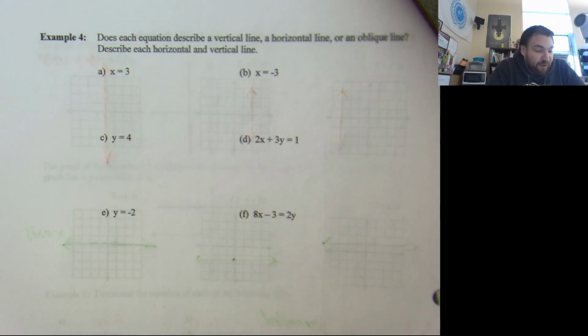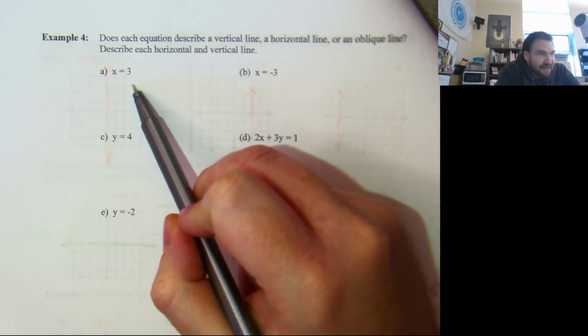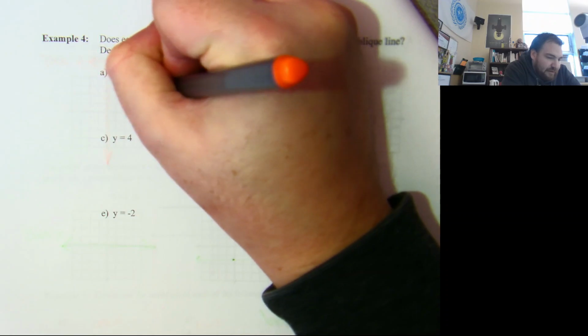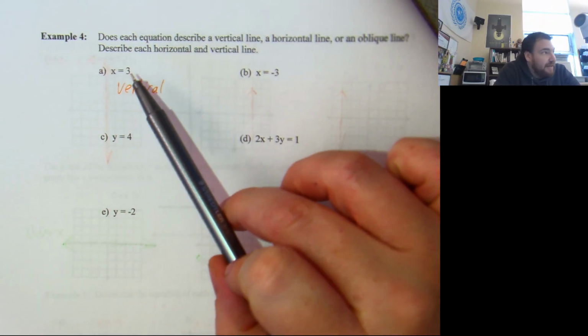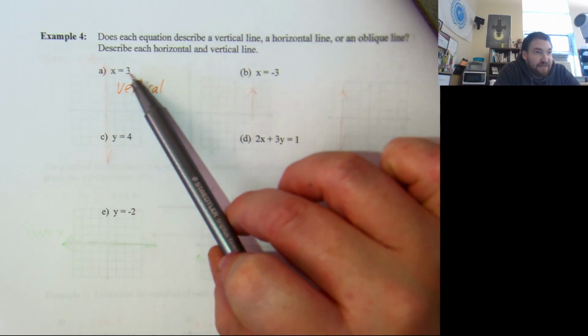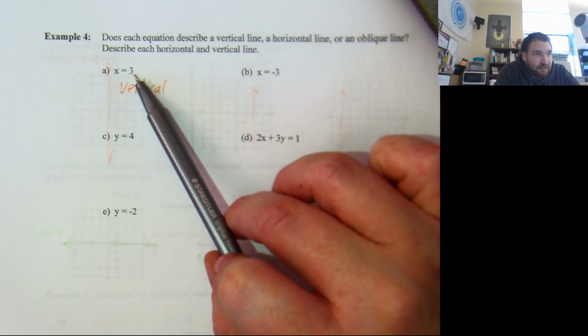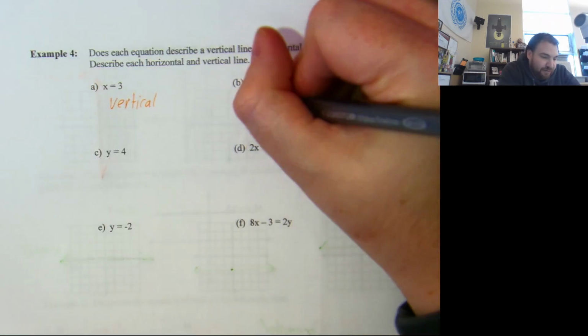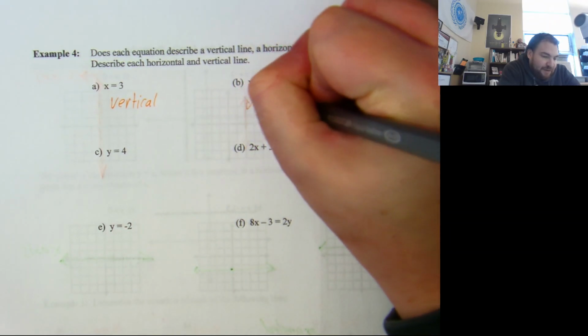So we're not even going to graph now. You're just going to tell me if it's vertical, horizontal, or oblique, and that's it. X equals 3 means X is locked. What kind of line is that? It's a vertical line. If I asked you to describe it, you would just tell me how to get there. If it's +3, that means we've moved 3 to the right. Good. This line, X equals -3, is also going to be vertical. And it's going to be 3 to the